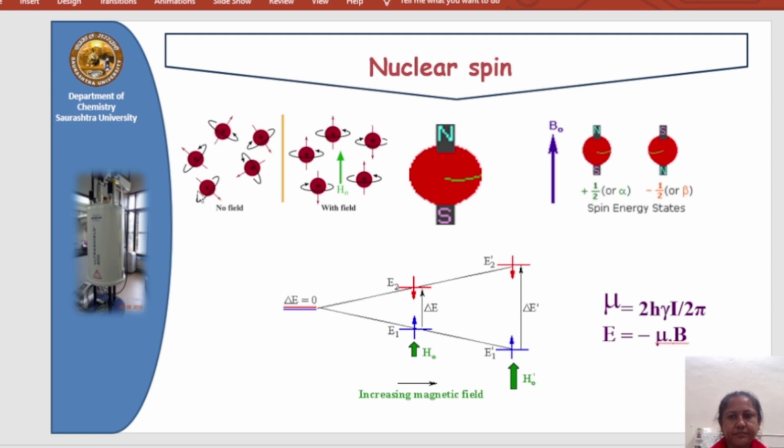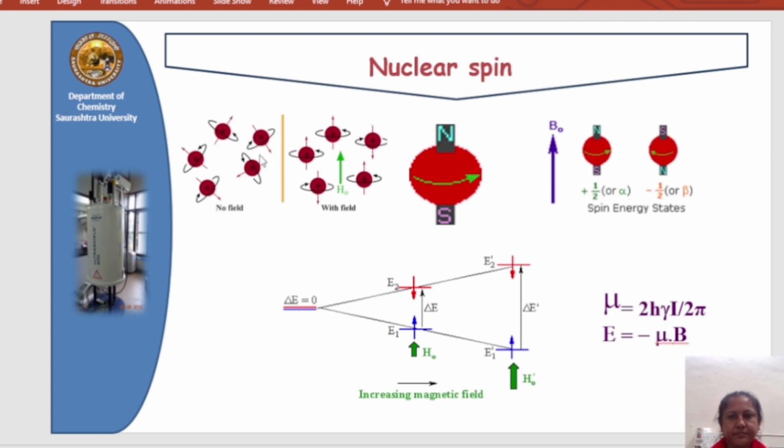In the absence of an external magnetic field, they are random in phase. But when we insert a sample which possesses nuclear spin into the magnet, meaning in the presence of an external magnetic field, they will try to adjust their spin according to the direction of the applied magnetic field. So some are parallel, some are anti-parallel to the direction of the applied magnetic field. We can make this clear here. So first, due to spinning, it will possess magnetic behavior.